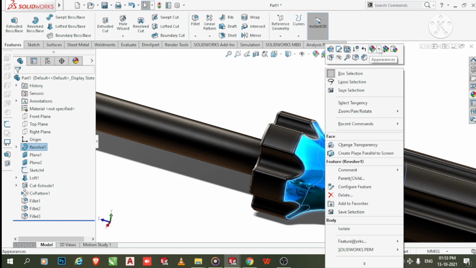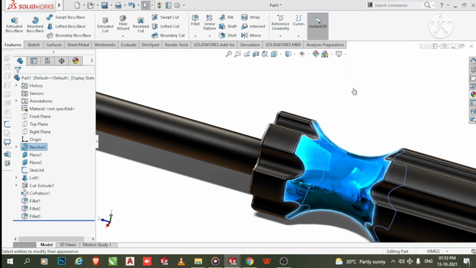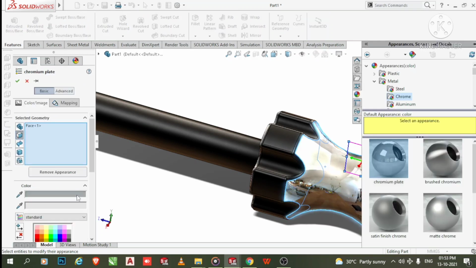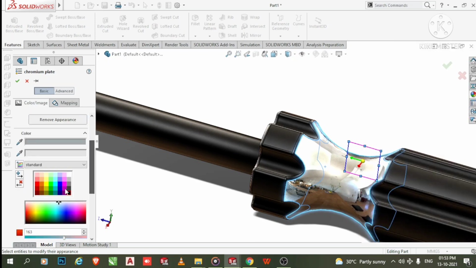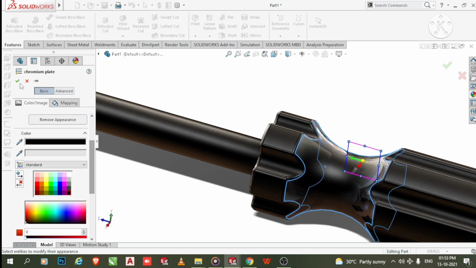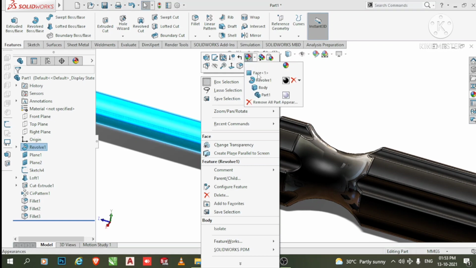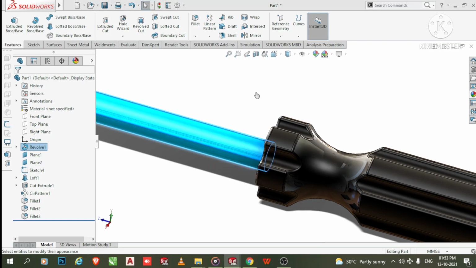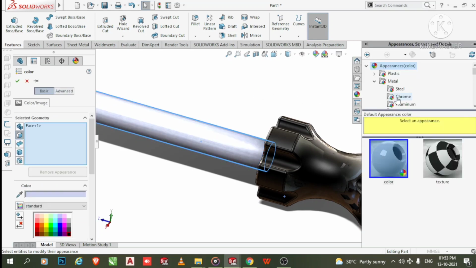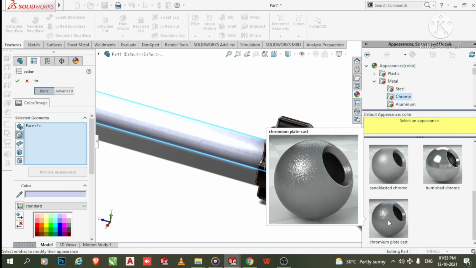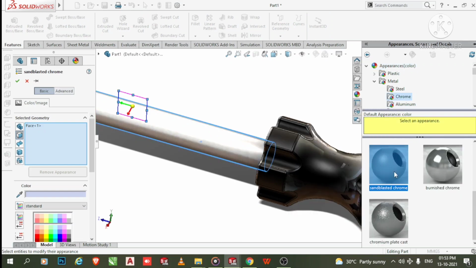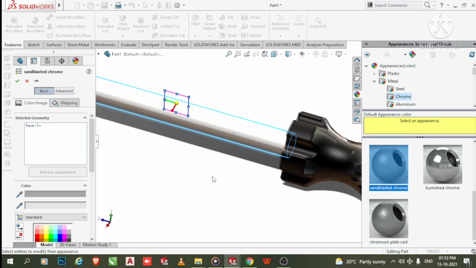Now select this face and select this face, and make it. So select this face, go to the appearance. Now select face, and here we apply the material. So go to the chrome and select sun blasted chrome to this one.